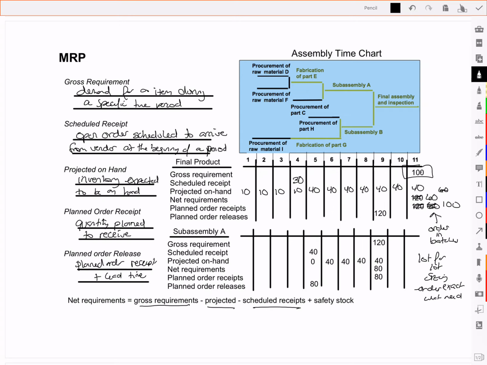So if it's going to take 2 days to move that material from another part of the department, or 2 weeks to get it all moved, then what we're doing is taking our planned order receipt and shifting it over 2 weeks' time. So planned order release is a time shift from the planned order receipt for the lead time. How long is it going to take from when you place the order to when it arrives? That lead time